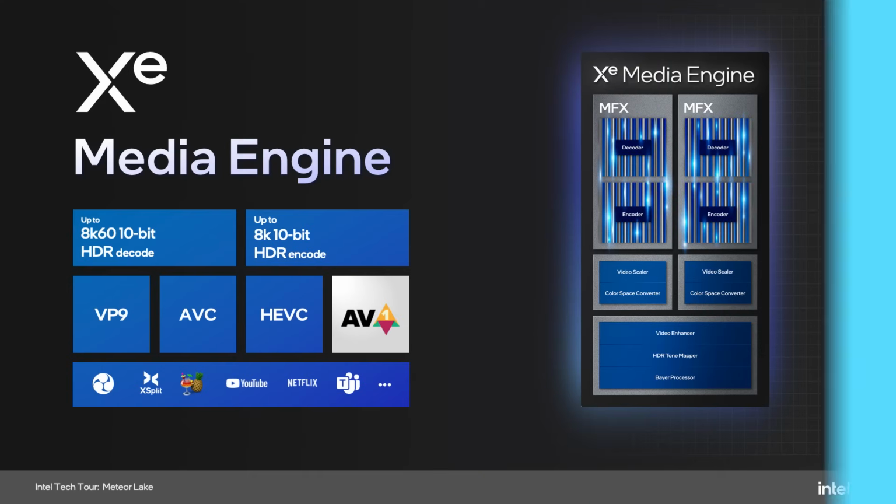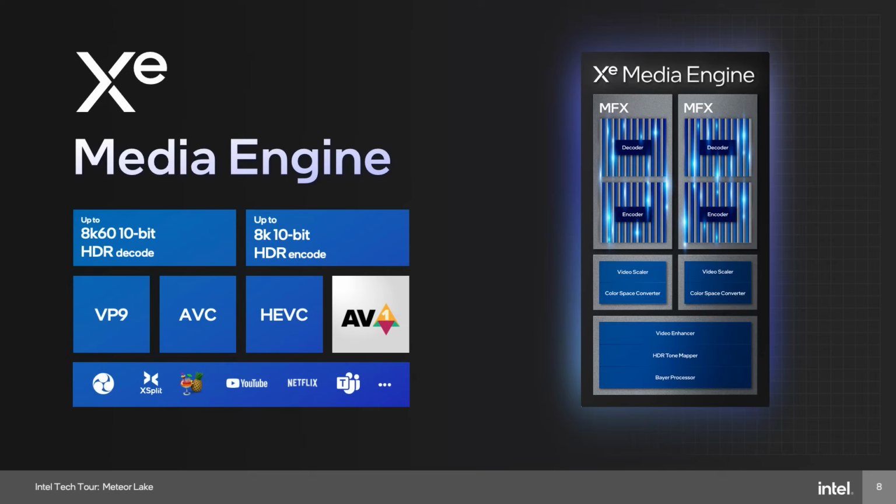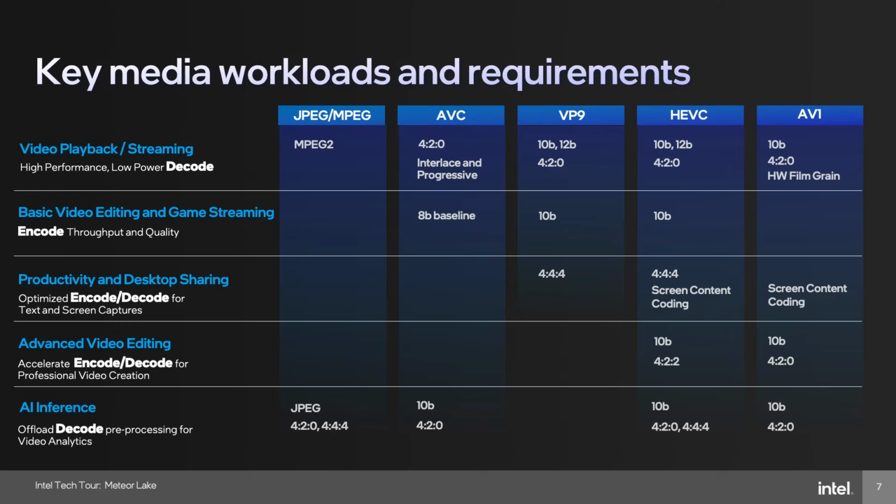Going back to the media engine, what type of codecs can we actually encode, decode, and what are they used for? Well, there's a ton of codecs. I can't list them all, but the way to think about codecs, if you're not familiar, is when you do media playback, it's captured with a camera and it's then encoded into some format. You can think of that as the data format of a movie or whatever. And then that's transported and read by the GPU. So the first thing that happens is we decode whatever format is coming in. And then we can usually transcode it or we can just send it out to display.